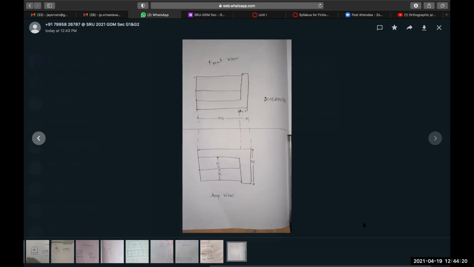So that will be all for today. I will stop here, and in the next class, we will see one more example, and then we will start the different types of coordinate systems normally used in graphics design and modeling, as well as AutoCAD software. Okay, so that's all from my side.